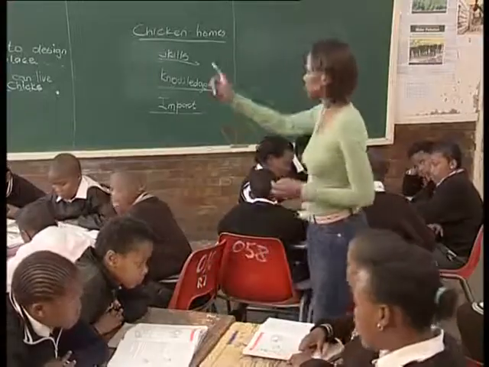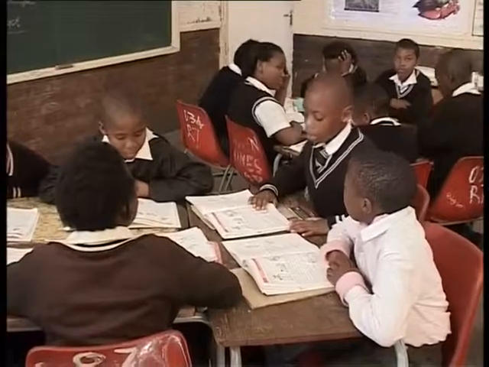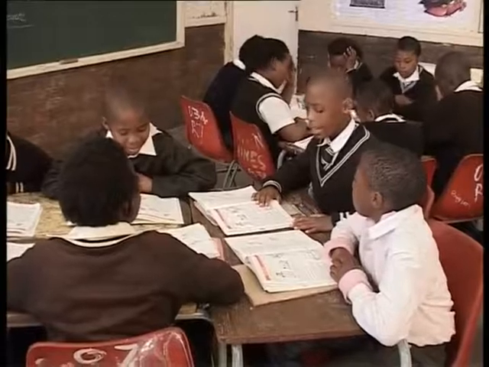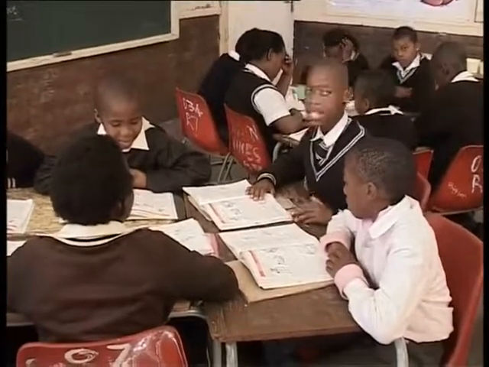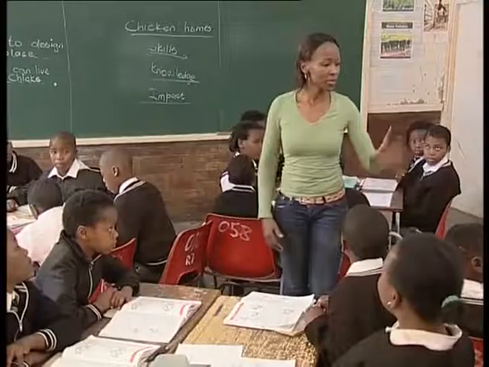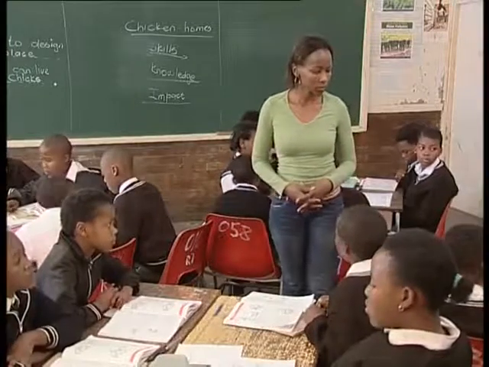Then the second one, let's have this group tell us about the second one. Fatuan. The second one is good because the rain cannot get in, and it's bad because it's not protected. The jackals can take their eggs. Very good. Now who's going to tell us about the third place? Yes, Lumkisa? The third place is safe because the jackals can get in, and the place where the eggs can be laid.